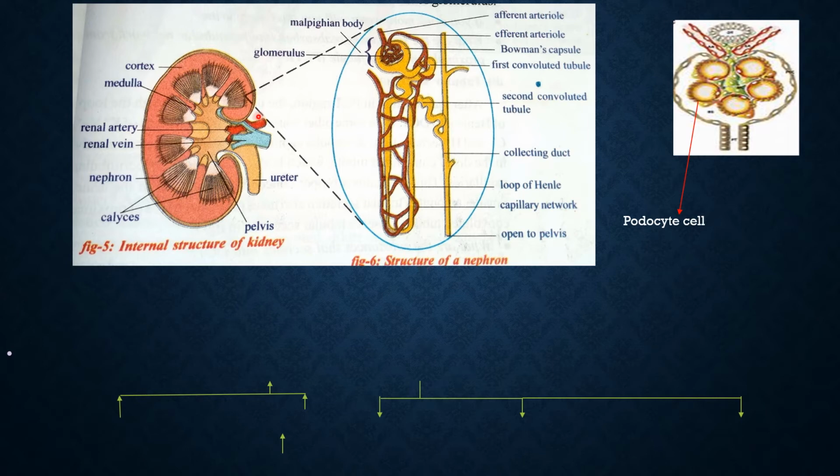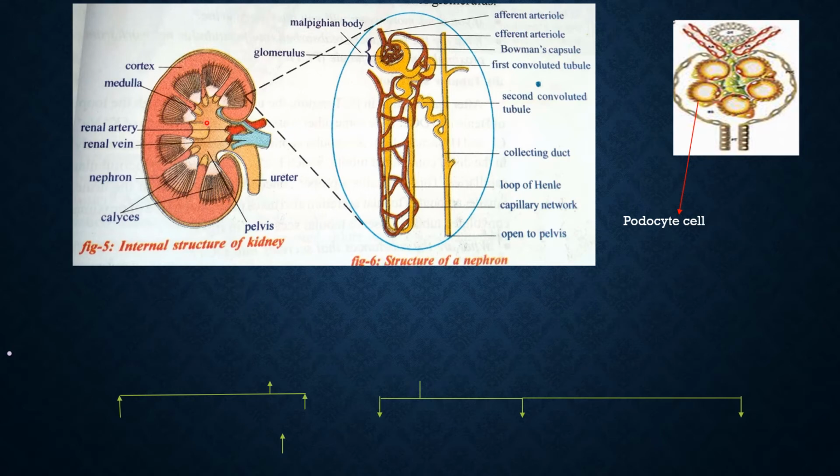Dark colored outer zone called the cortex and pale inner zone called the medulla. These are the calyces. Around 6 to 10 calyces are present in each kidney. Each kidney is made up of more than 1 million microscopic and thin tubular functional units called nephrons.